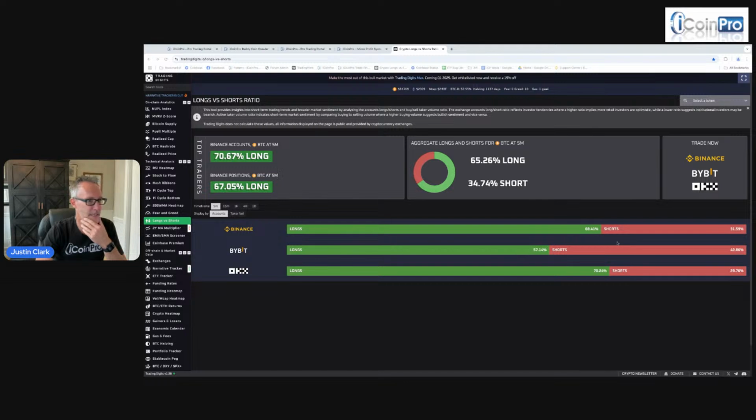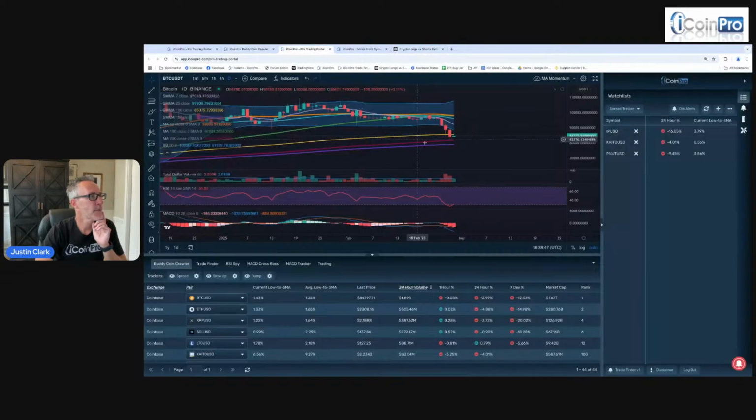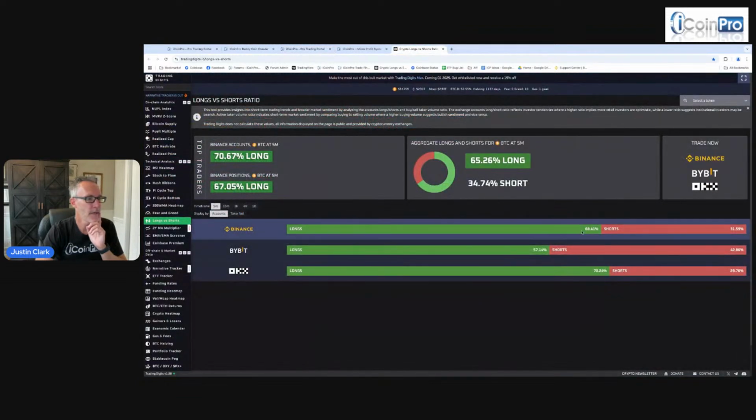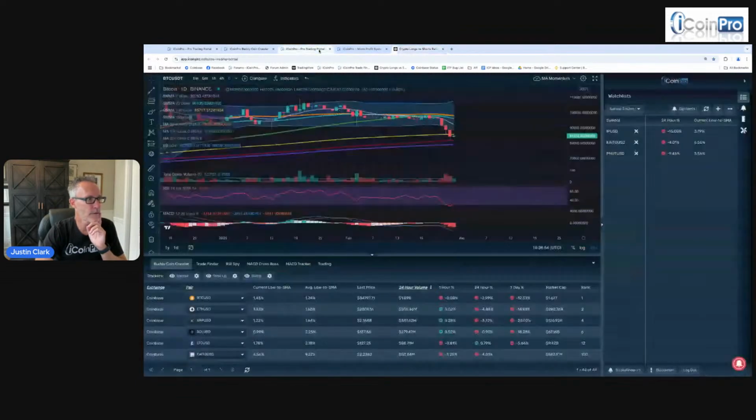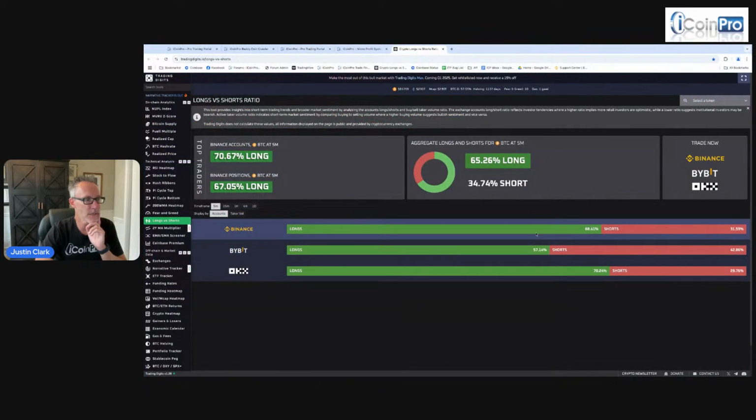So with that said, we're at 68% long again. If this goes back over 70% and this price just keeps slipping lower and lower and people keep longing and longing, the longs keep taking the bait, we could get another leg down. And at some point, until these ease off and get back to 50, 60%, and even out a bit, we are continuing to run that risk of what's called a long squeeze if we get back over 70%.